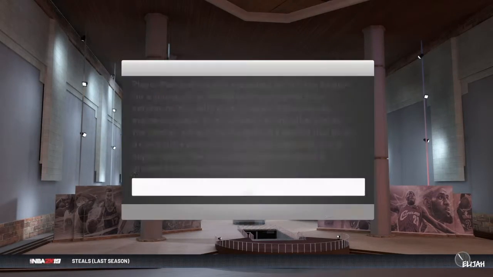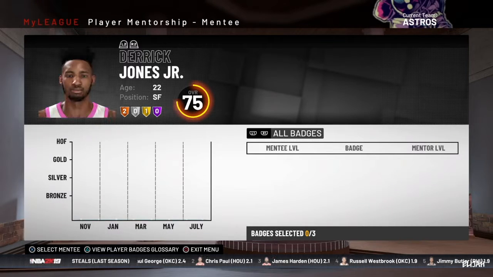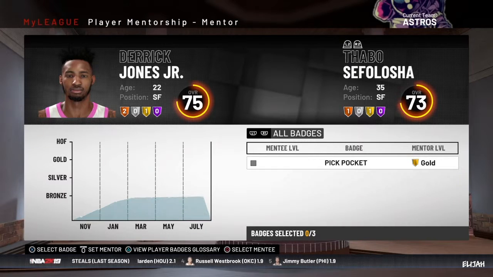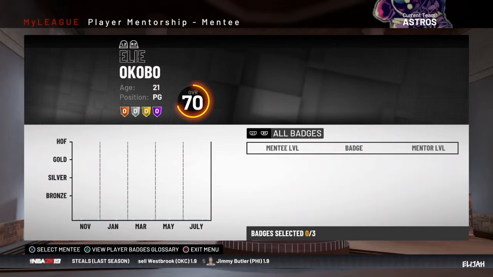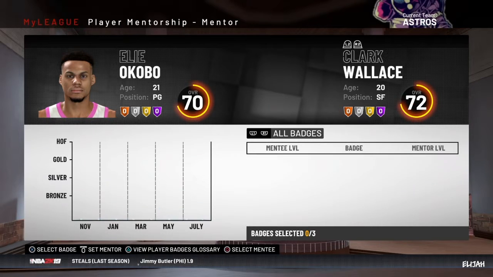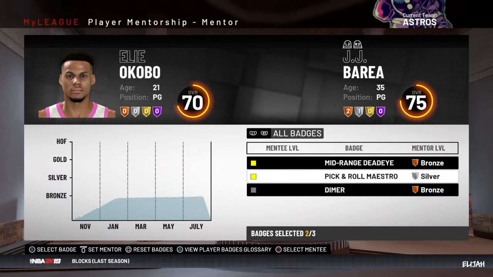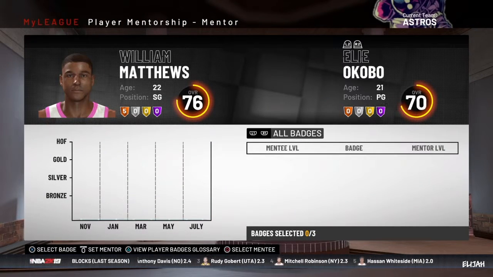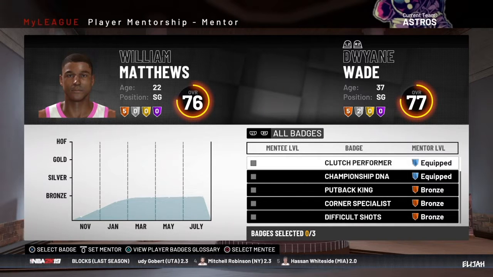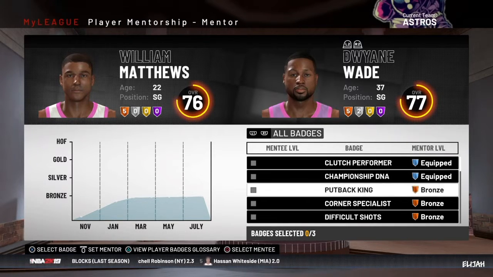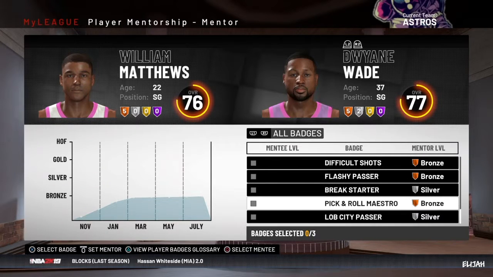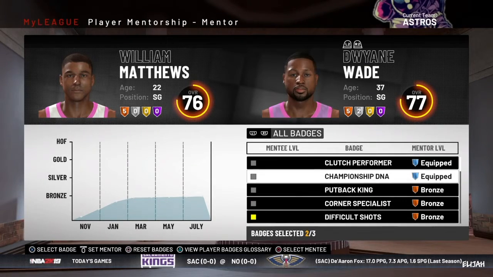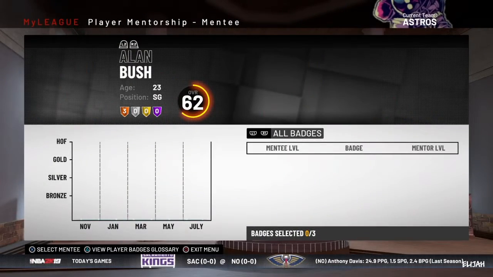And then we're going to go into player mentorship. Like I was saying before, Derek Jones, we're going to have him mentored by Sefolosha. 1 badge is fine. Eli Okobo, mentored by J.J. Barea. And then we're also going to give William Matthews to be mentored by D. Wade, which I think will be huge for him. I think that's a great signing for us. D. Wade's going to be a great mentor for William Matthews and should help him improve a lot this first year. And then I think our last one, Alan Bush,